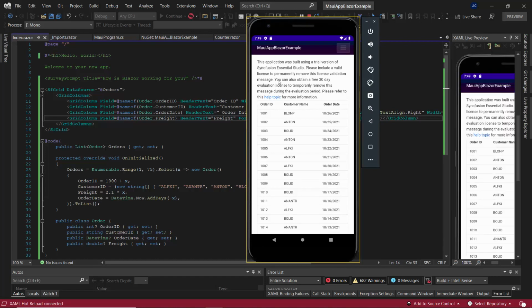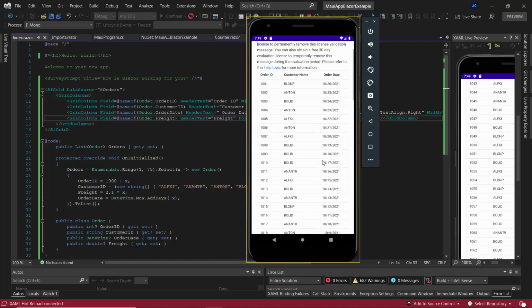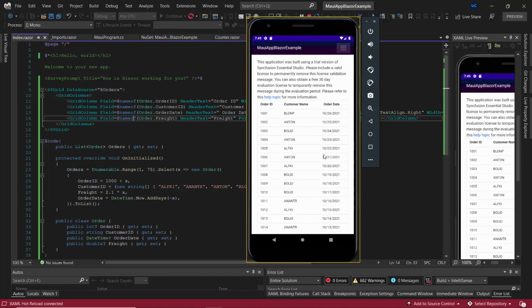So yes, now you can have a look at the grid component over here. So Syncfusion Blazor grid component is getting displayed inside this MyUI Blazor app. So if you look at the message over here, this is nothing but because of the absence of license key, this warning message is being displayed here.